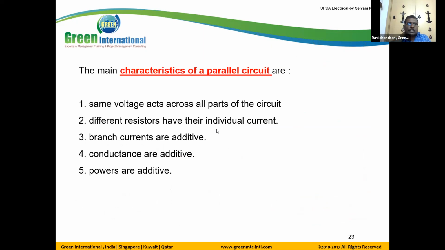So these 5 points are also still important. Based on these 5 points, we can solve the problems. Important: conductance is only additive, not the resistance. And in the parallel circuits...